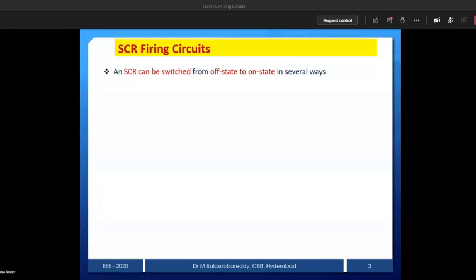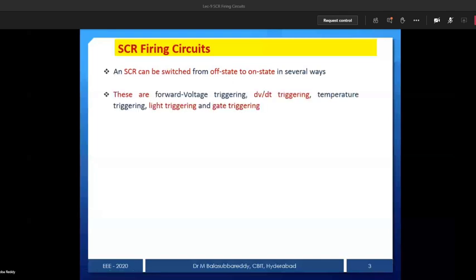We have some methods. What are the turn-on methods available? In the previous class, maybe in the second class, we observed forward voltage triggering, temperature triggering, dV/dt triggering, light triggering, and gate triggering. So these are some of the methods available. Among these methods,